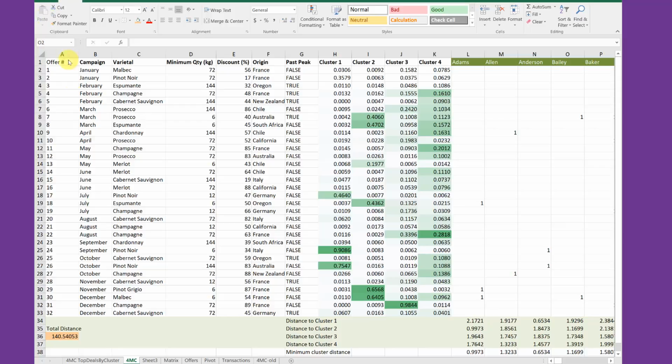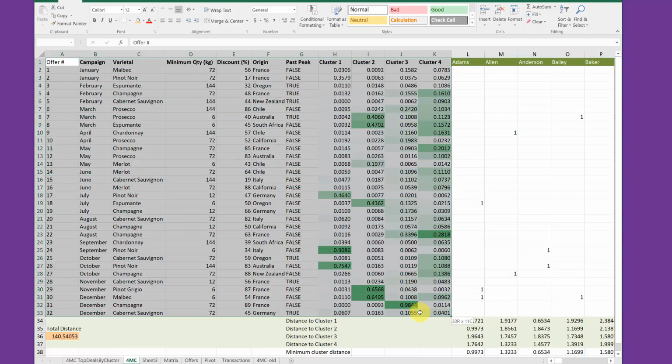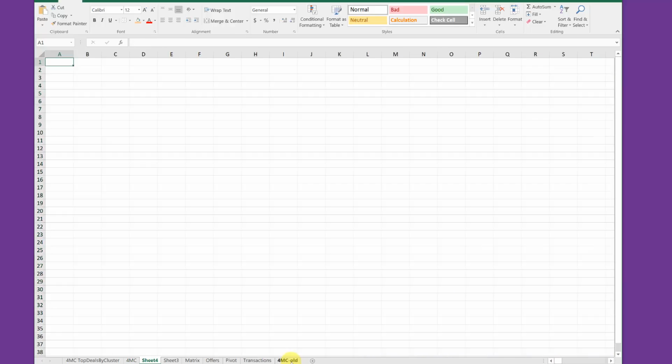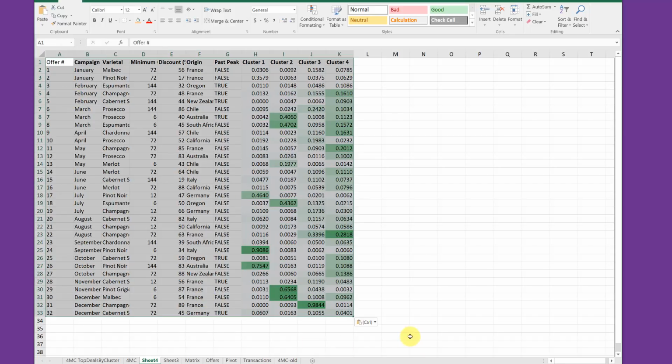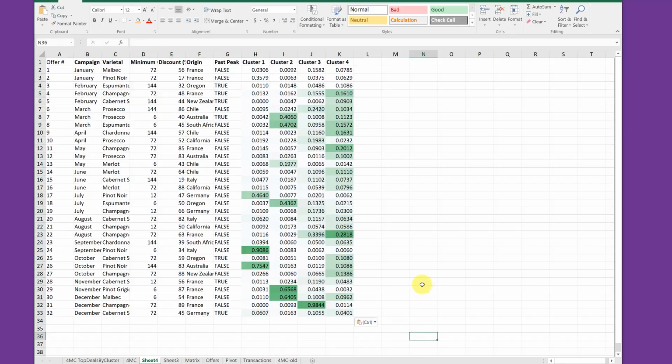What I'm going to do is copy this range of information, get rid of the extra work, and just right-click, copy, go to a new tab, paste it in,